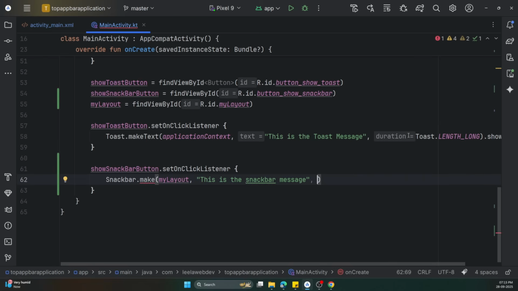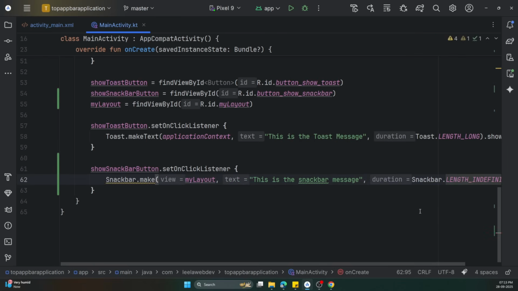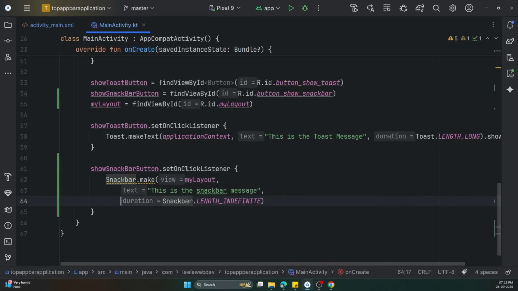So here you can use snack bar dot, and you will be able to see LENGTH_INDEFINITE. Until and unless you click the close button, the snack bar will not close. Now here we need to add setAction, so that action will be close. And if you want to execute something when the user clicks on the